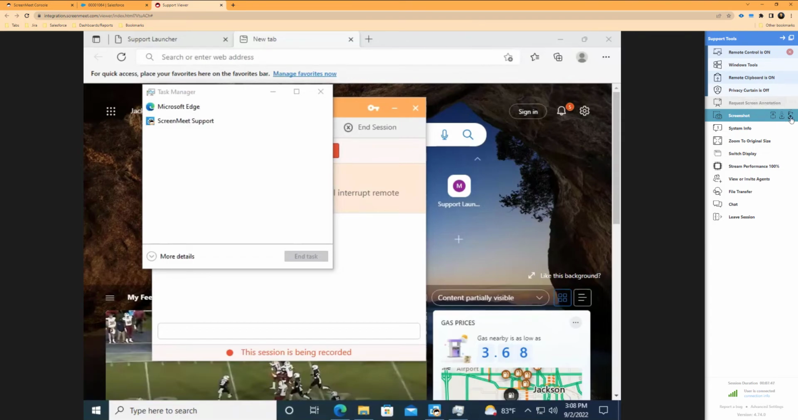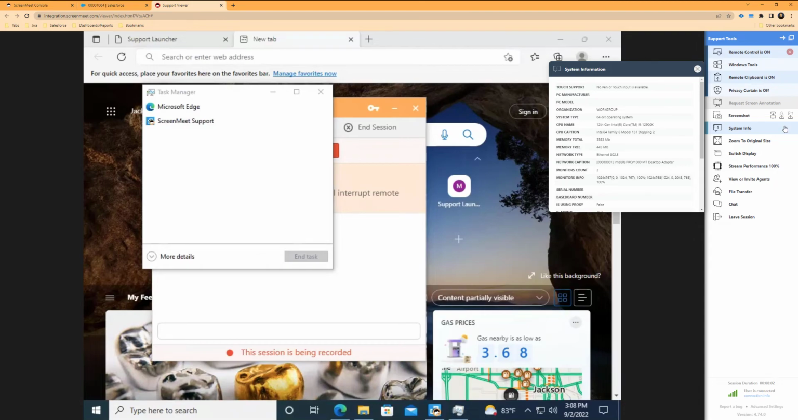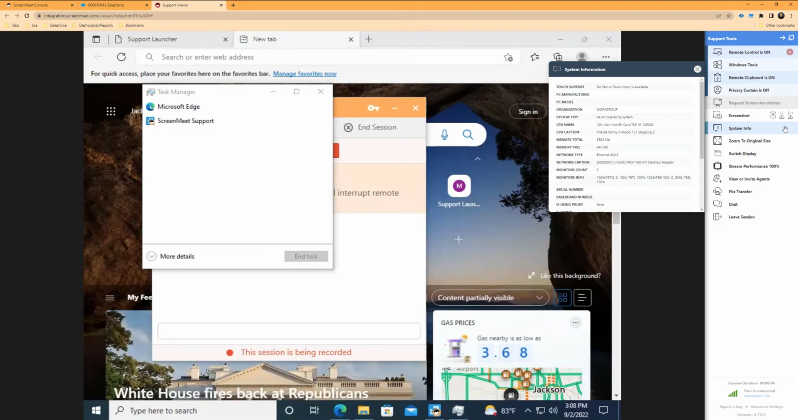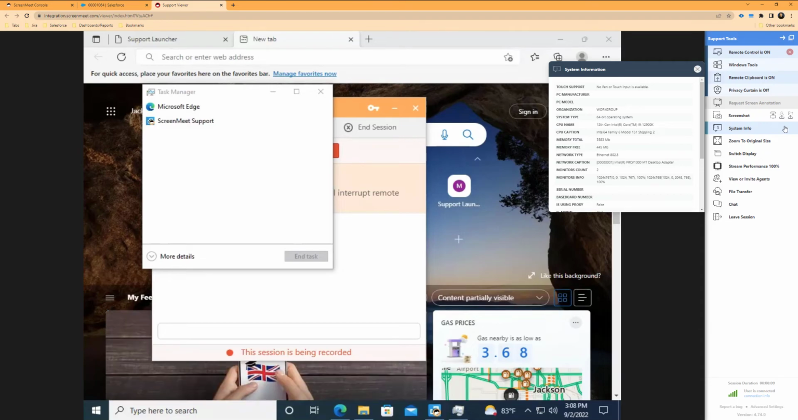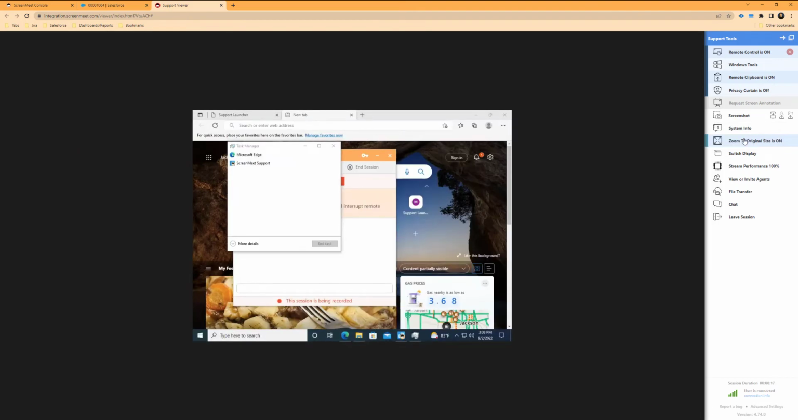to the case. Our next feature is the system information, which shows metadata about the end user's machine. This data is also stored as part of the session log if it needs to be referenced after the session has taken place. Zoom to original size allows you to scale the view of the agent viewer to the original